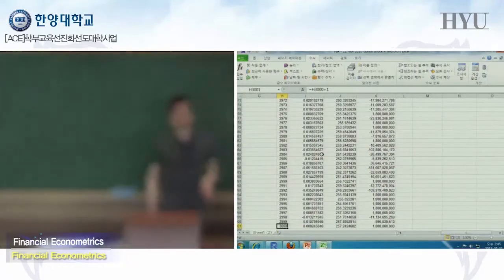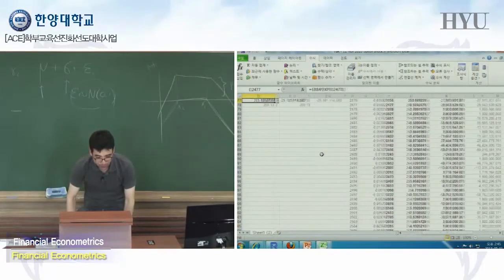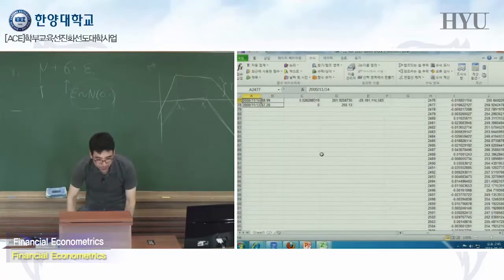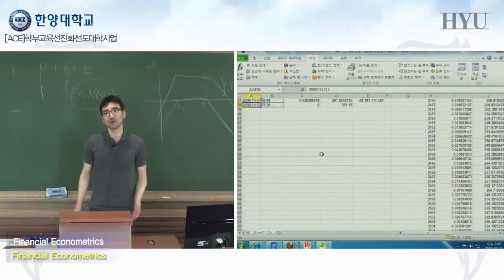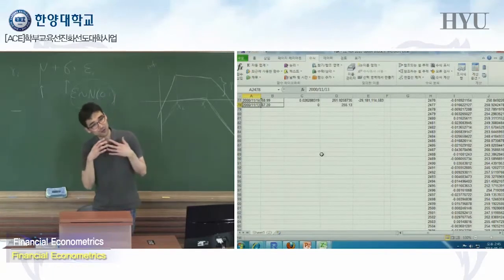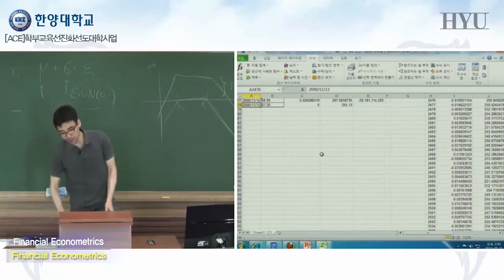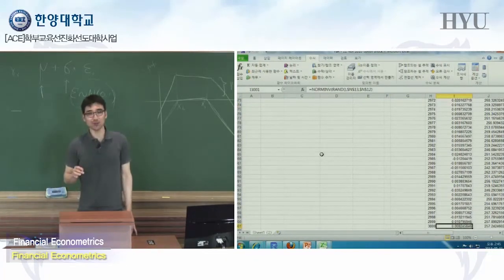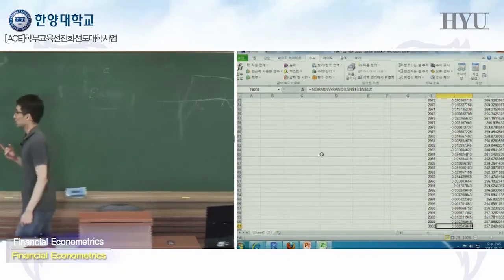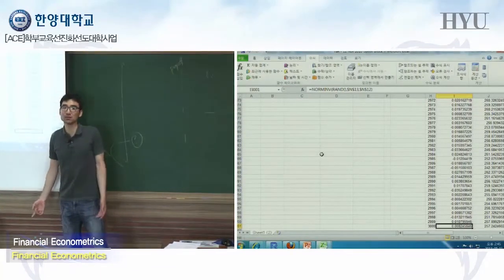Obviously, in the previous 10 years of data, my data size was like 2,500, right? That was the length of the historical data. But now I can simulate as much as I want. So this is one advantage. Now I can simulate 3,000, but I can simulate 3 billion simulations, right?